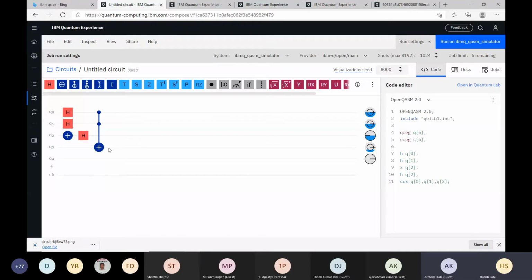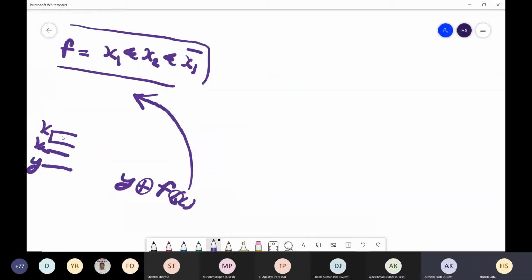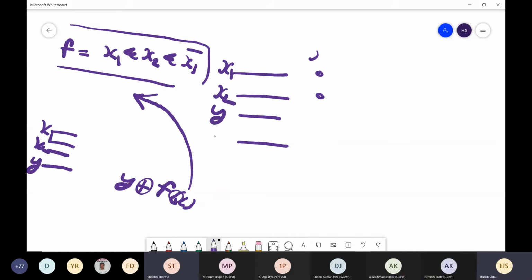What will I get here? Can anyone tell? Let me write it for you. If x1 is 1... no, just look at it this way. What I did is this is control, this is control. That is basically x1, x2, and Y, and call it Q3, Q4. These are temporary qubits I'm using for my experimentation. If I apply this control node and put it here, it is initialized as 0.